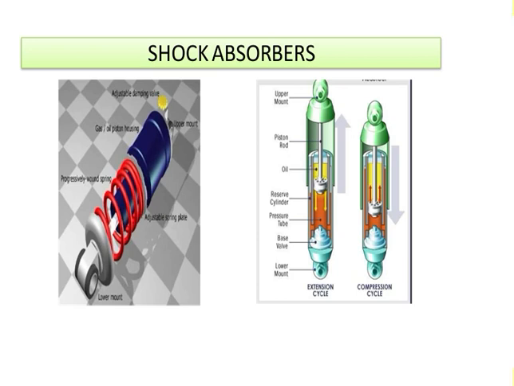This is the schematic diagram of shock absorbers. The main parts are upper mount, piston rod, oil, reserve cylinder, pressure tube, base valve, lower mount, extension cycle, and this for compression cycle. In fact, the name shock absorber is rather misleading, since it is the spring and not